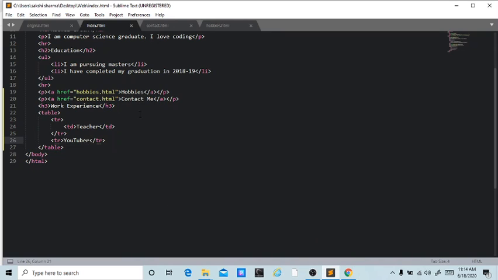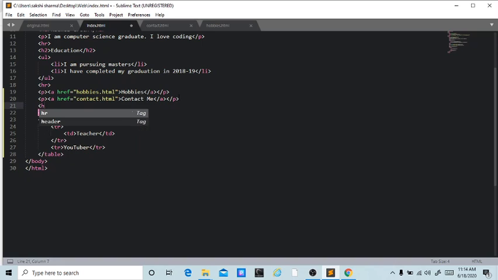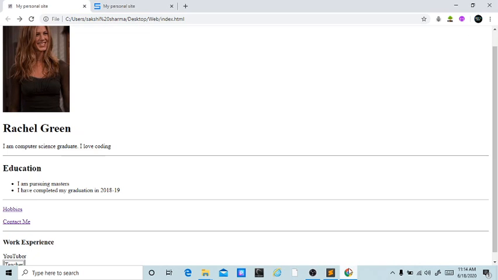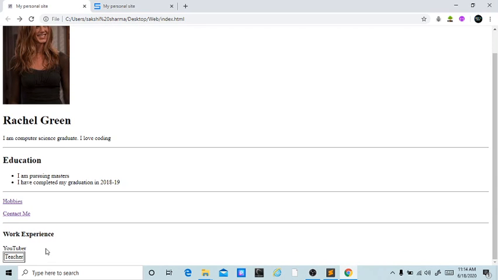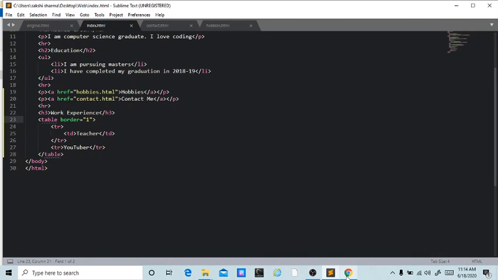If I add a table, first of all, let's add HR to differentiate. Now add table border 1, and if I hit save and check, I can see this border around teacher only, because I have written this YouTuber in table row column, and it doesn't make any sense here.